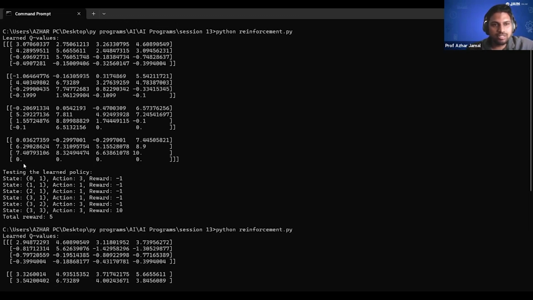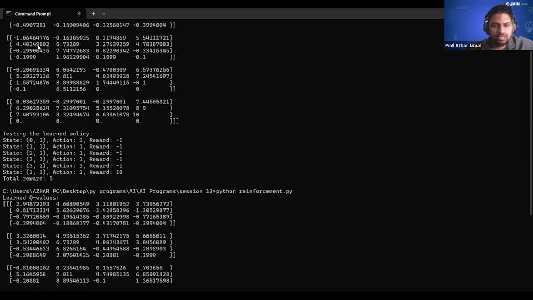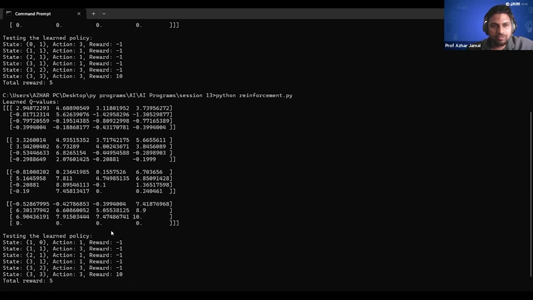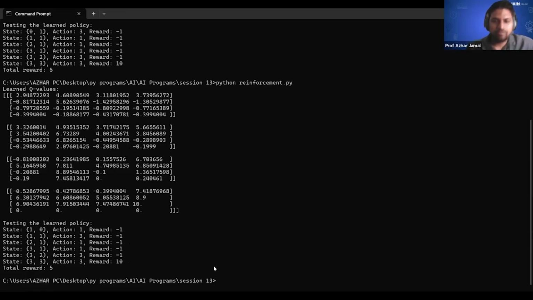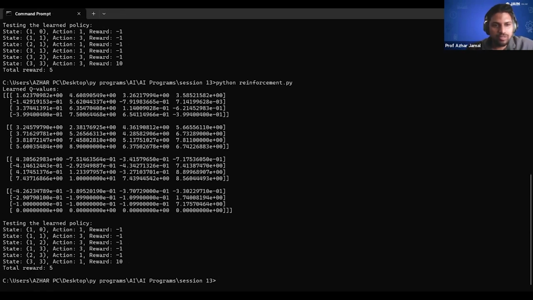Here also you can see how the Q values are learned. Something is 3.07, just ignore it. It is 2.94. It can be improved. So altogether, you don't always have to get 5. You can get different values also. You might get a penalty, you might get a reward at the end, but it started from one point and reached a goal which is size -1. That is what I gave you.